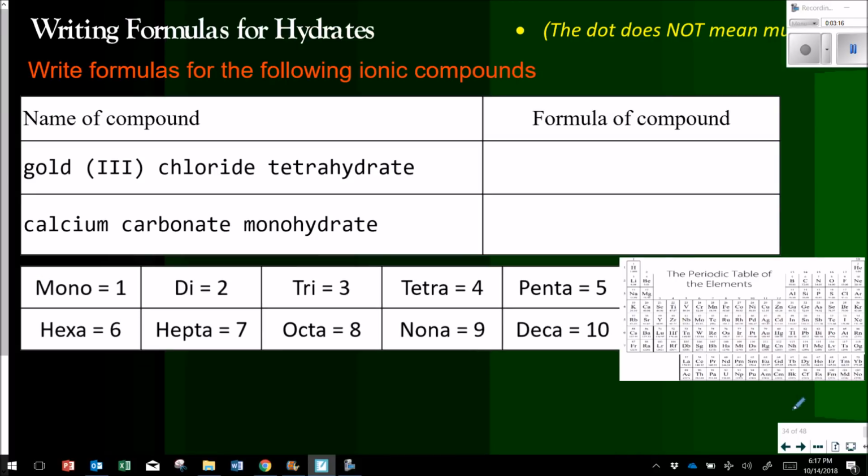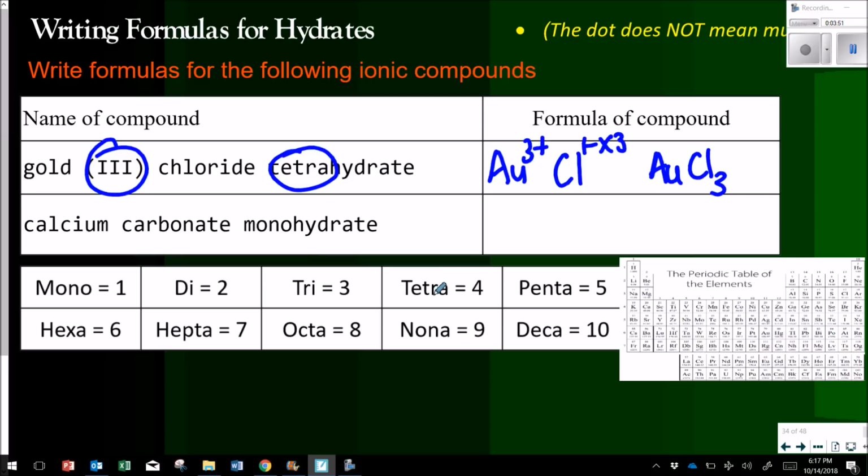Let's practice a couple more. Gold 3 chloride tetrahydrate. Gold is Au. Roman numeral 3 means it has a charge of +3. Chloride is Cl with a charge of -1. So we balance the charges, and we will need to multiply the chloride times 3 to balance the 3+ on the gold. So my formula for the ionic part is AuCl3. Now I have tetrahydrate this time. Tetra is 4. So dot